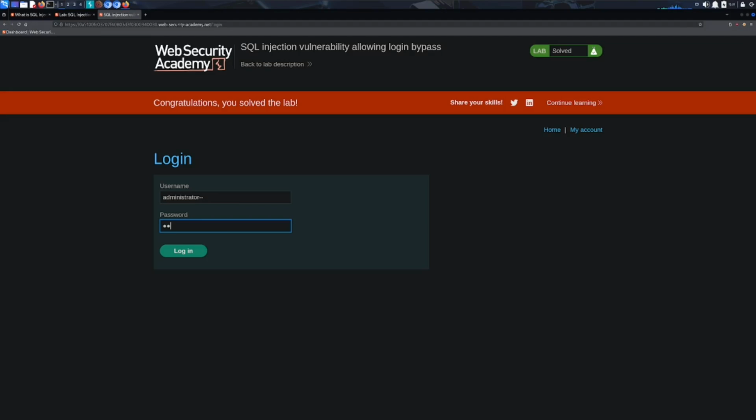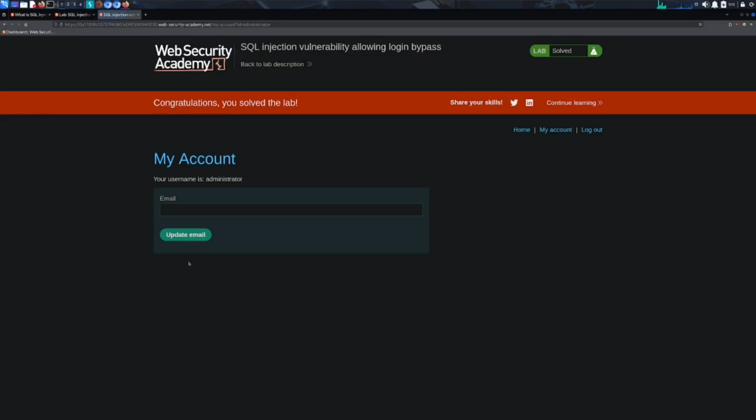And let's put anything in the administrator login tab. Invalid password, and the reason for that is I did not include the single quote, which is very important. But we can put any random thing into the password, and we're able to log in as administrator or any